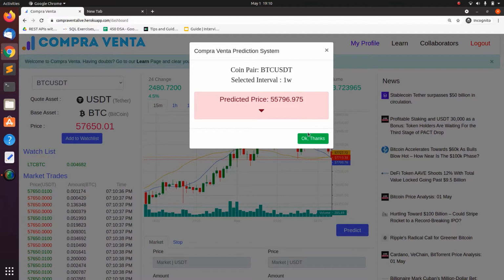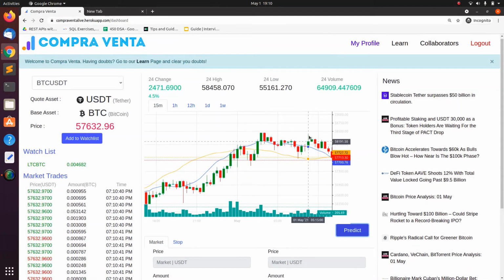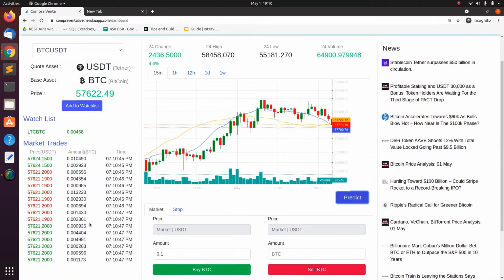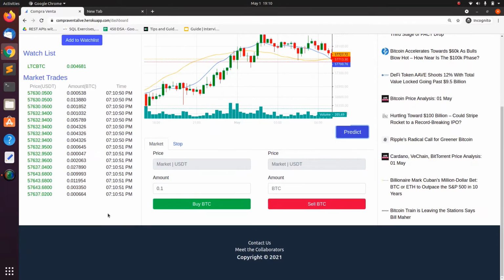Okay, but we won't become a good trader only by analyzing until we get into trading ourselves, right? Don't worry, Compraventa has a solution to this problem too. Compraventa provides 50,000 USDT play currency to all of its users who register themselves. Basically, we have 2 types of order that can be placed. First is the market order and the second is the stop loss order. Market order checks our wallet and checks the feasibility of the transaction and then makes the transaction, updates our wallet accordingly and stores the transaction.